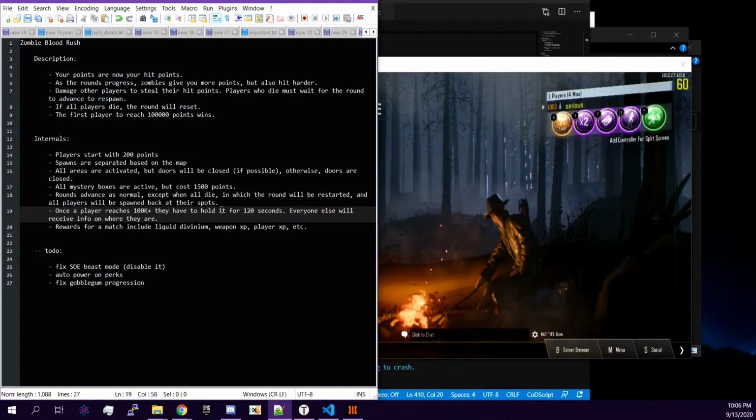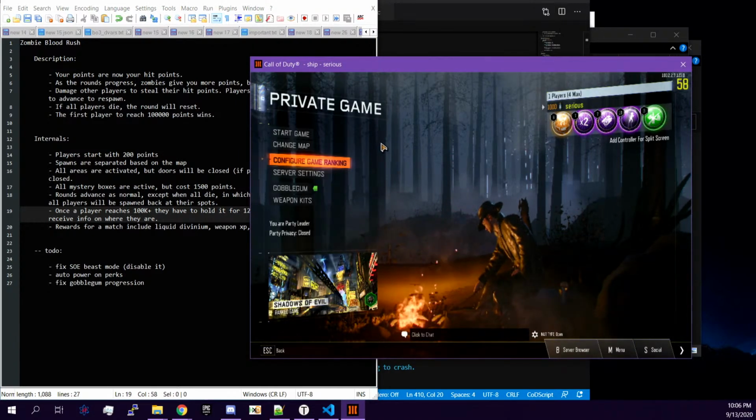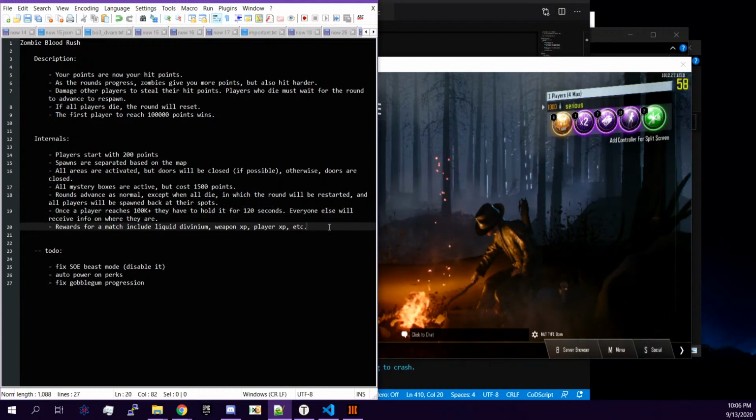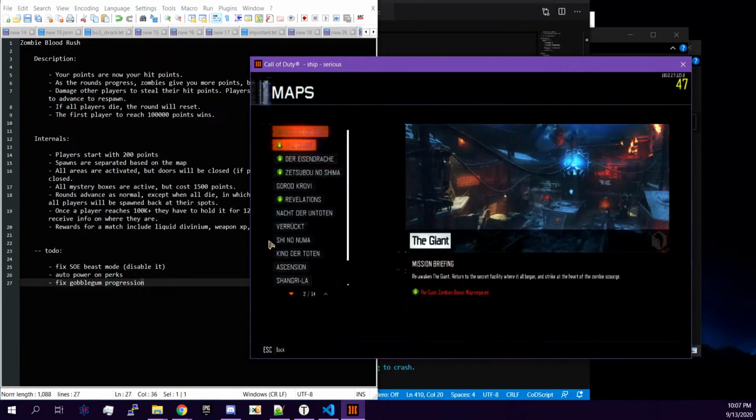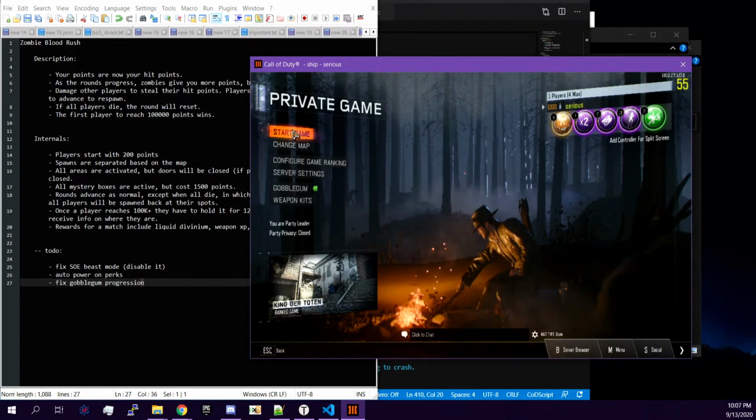I mean, with a game like this, there's so much you can do. So it's kind of a shame that the devs did not give us access to the full set of scripts. It's very disappointing, but okay. So I'm gonna test the gobblegums on Kino